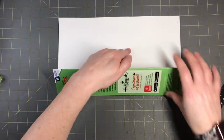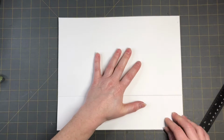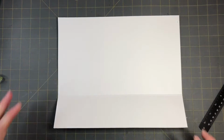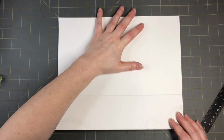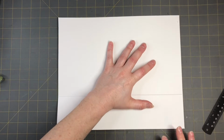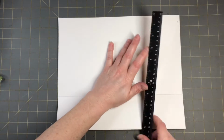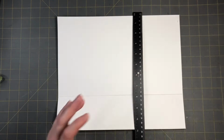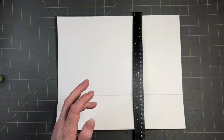Get it put down. I'm going to open this up. I'm not going to glue anything together yet. I'm just going to go like that. Make sure you guys can see the whole thing. Okay. Like that. And then we'll do 1, 2, 3, 4. Put my ruler here. Go like this. Okay. And I'm going to get my,